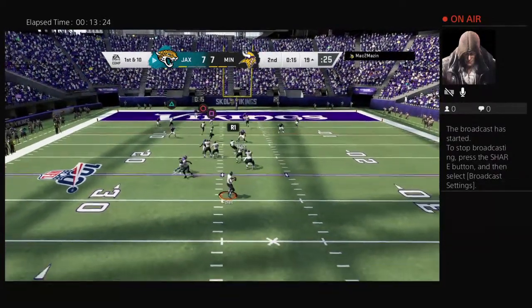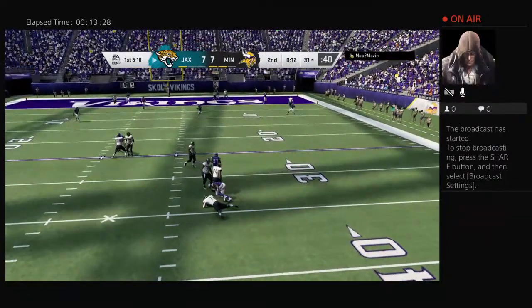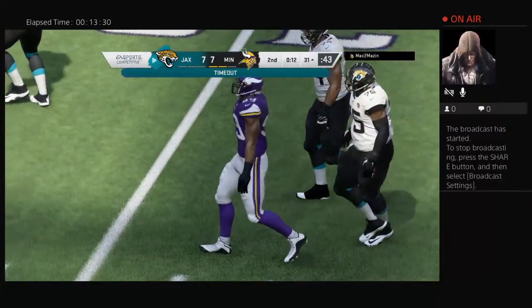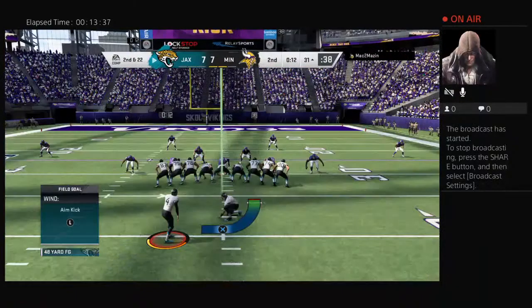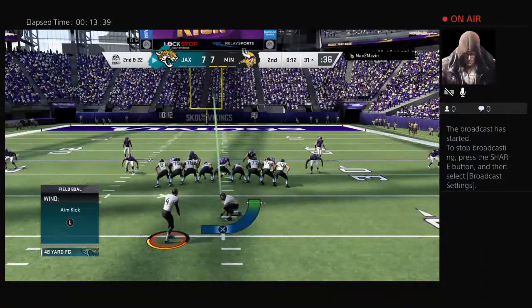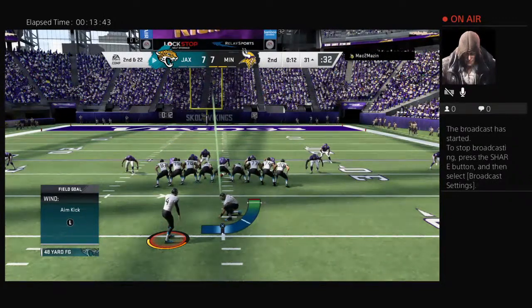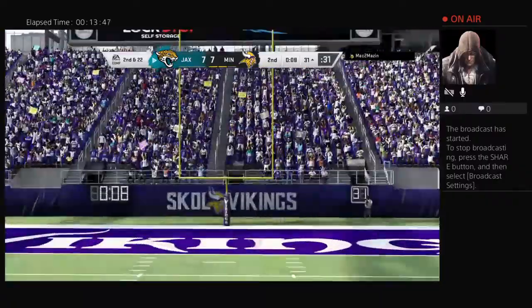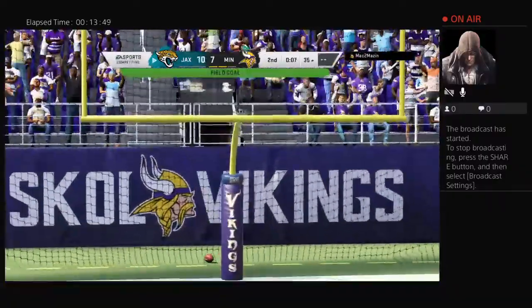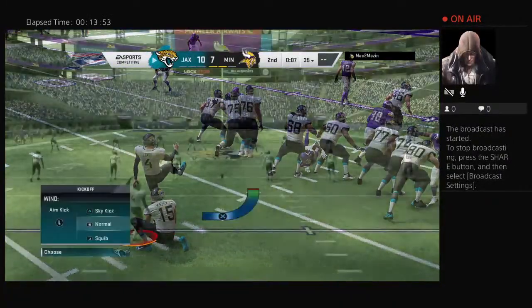From the red zone now, they'll look to throw. And he will not be able to get away as Foles is taken down. Rest of their timeouts as they'll stop the clock with 12 seconds to go in this first half. And this is right down the middle as he puts it through. So a big play before the end of the half to get him into this spot, and they cash in